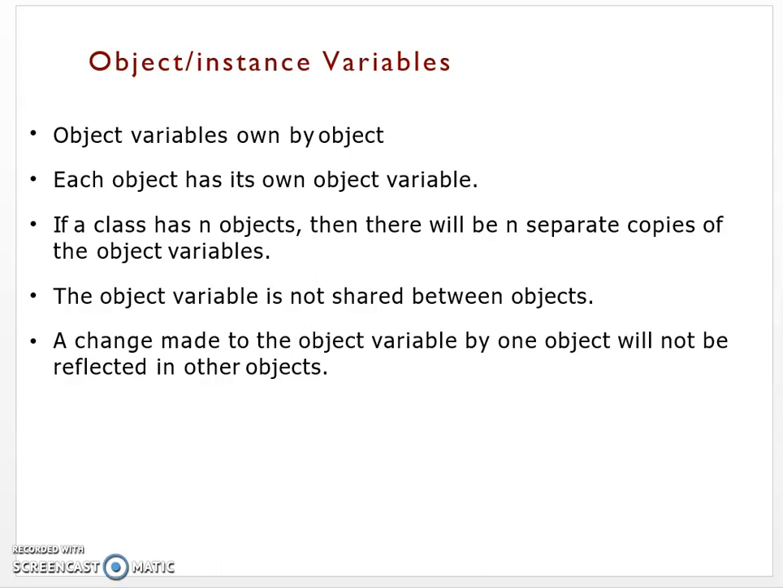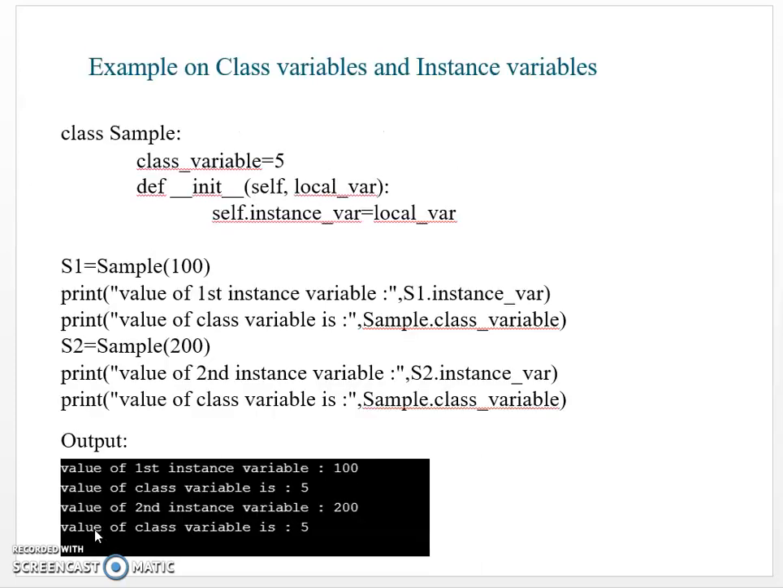The object variable is not shared between objects, and a particular change made in the particular object variable by one object will not be reflected in other objects. So let us see an example on class variable and the instance variable. So here I have taken a class as a sample. In this class I have created one class_variable whose value is 5, and then I have declared an init method,